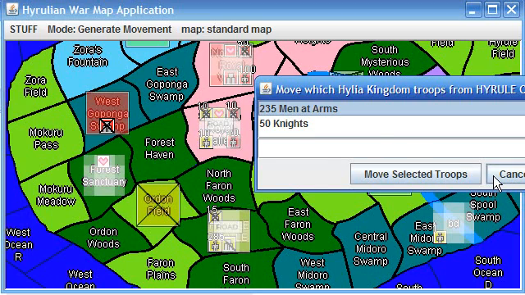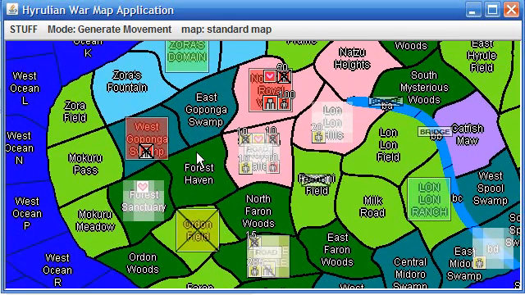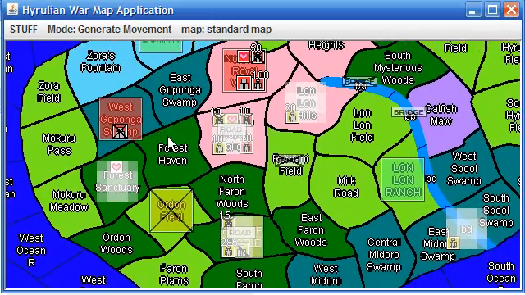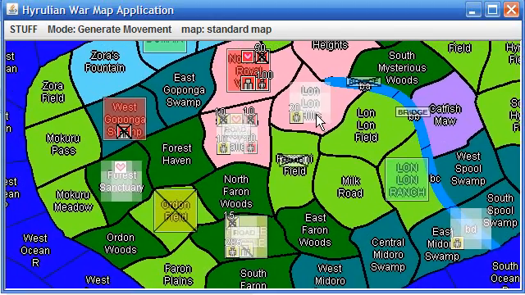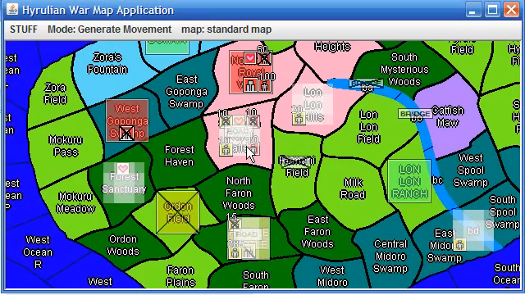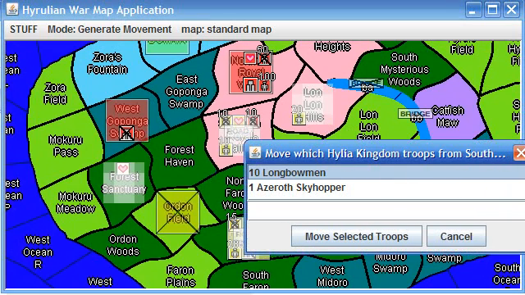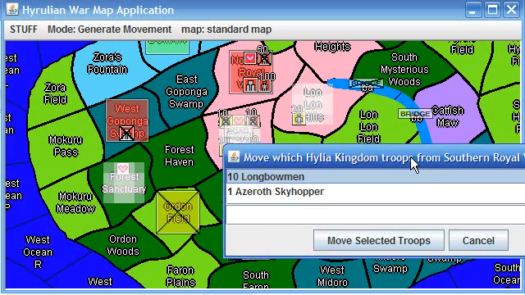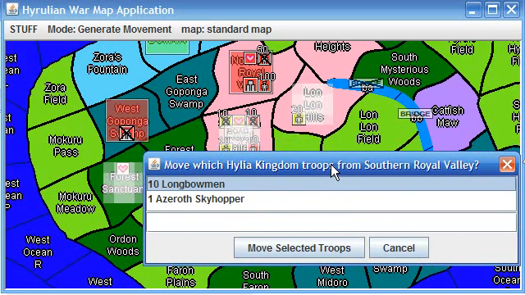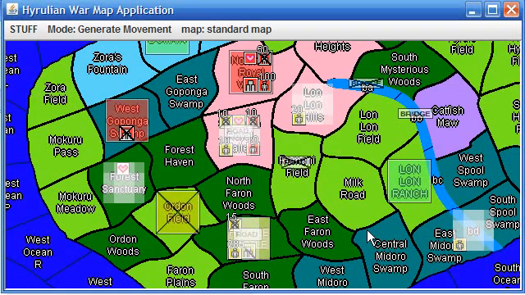Also, if we cancel that for a moment, then you'll see that now it only shows the white overlays for the territories which contain troops, movable troops, of the nation you selected. And when you click a territory, it will skip the part asking you which nation you are until the next time you start up the applet from scratch, and take you straight to the troops belonging to your nation ready to be moved. So, what you do is